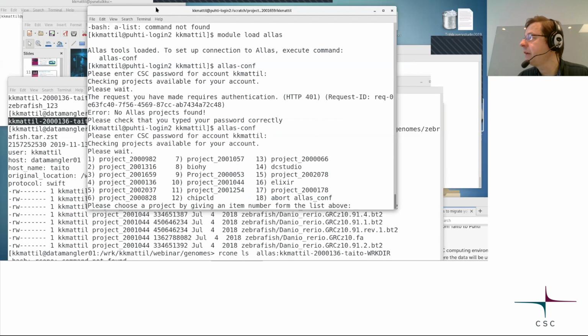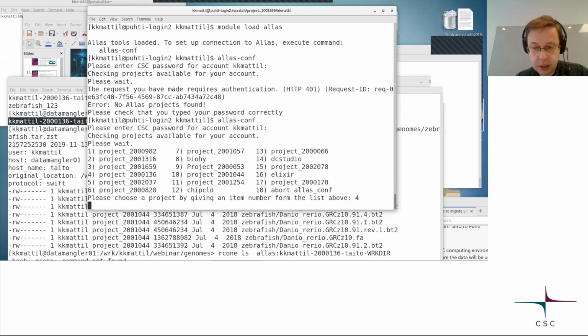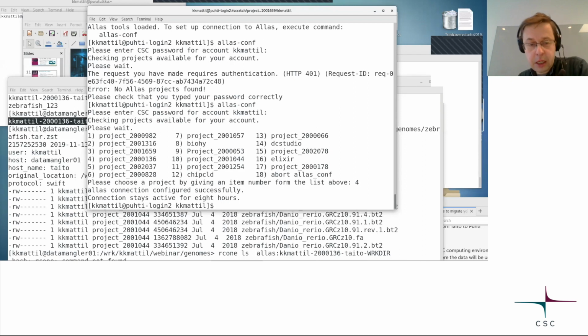Now notice that I have to choose the same project as I did in Taito. Otherwise, I don't see the data that I just uploaded there. So I take number 4, and it says connection is configured successfully, and if I take here a list,